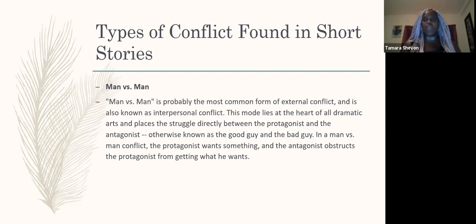Then you have man versus man. This is the most typical type of conflict that you'll find. One person against another person, right? So you have external conflict, and it's also known as interpersonal conflict. This mode lies at the heart of all dramatic arts and places the struggle directly between the protagonist and the antagonist. The protagonist is the person that's good that you're rooting for. The antagonist is the bad guy, okay? So the bad guy is keeping the good guy from getting something, and you want the good guy to